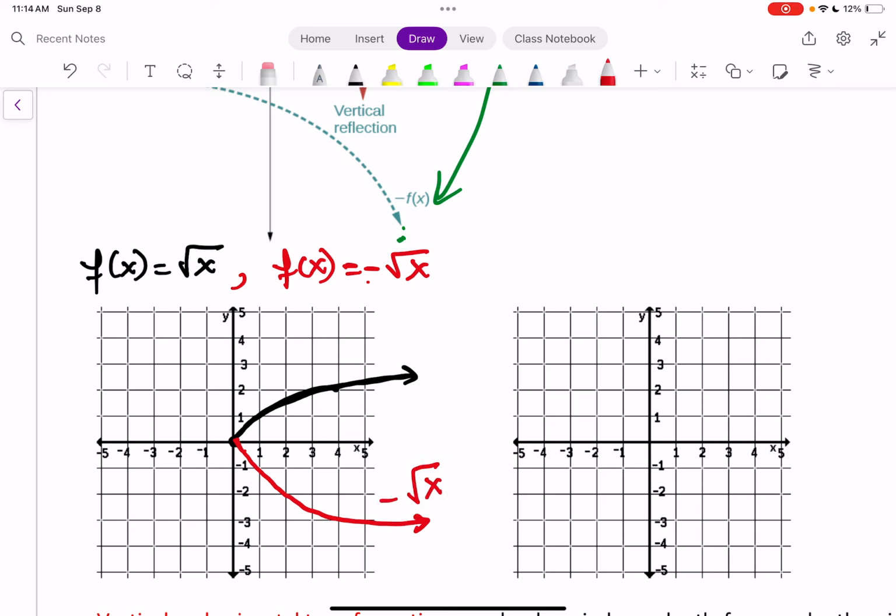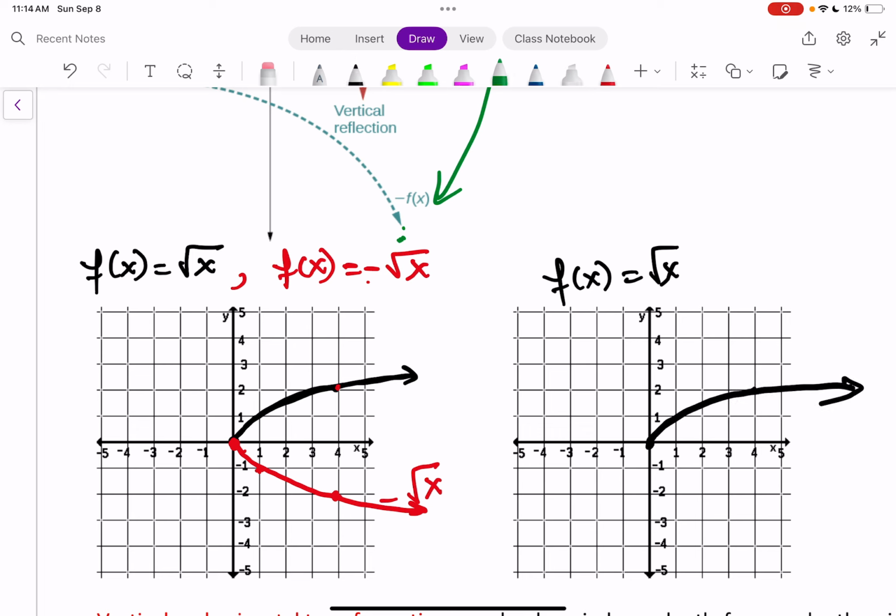x-axis. So all your, oops, I went too wide, I believe. All your positive y's are now negative y's. There you go. So all your positive y's are now negative y's. Now if I do the same thing to the square root function, but I put the minus